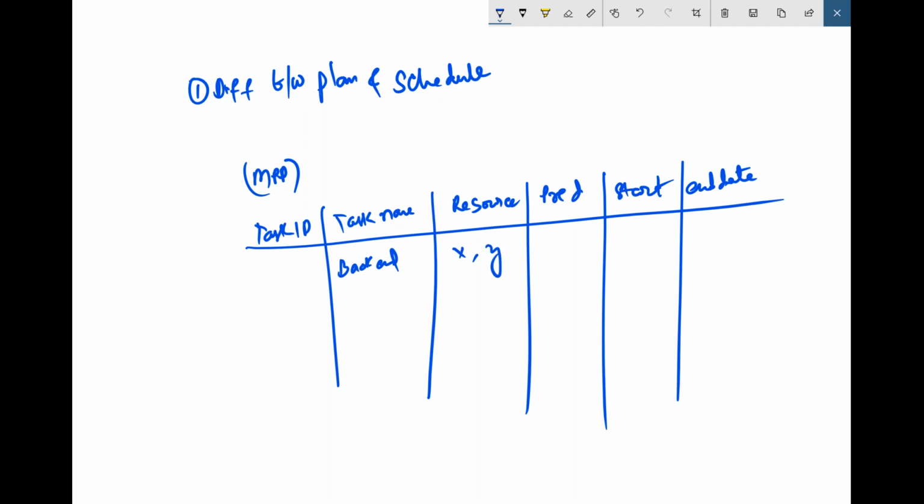This is dependent on something called task ID, task some 6 or something. Start date could be something like today, and end date could be something like after 10 days, whatever it is. So a lot of project managers use something like this in order to prepare a plan. So this particular thing is not called a plan, rather this is called a schedule,